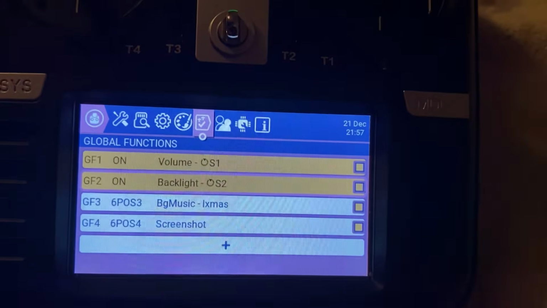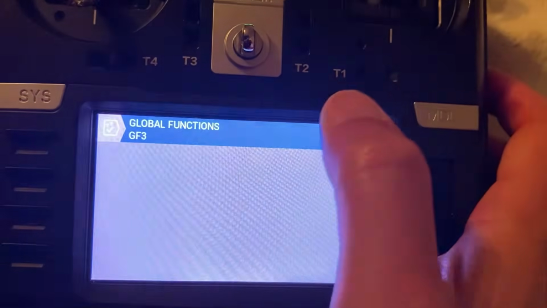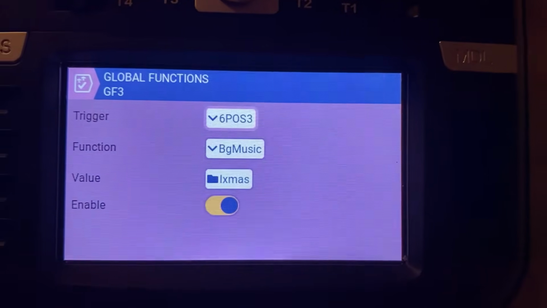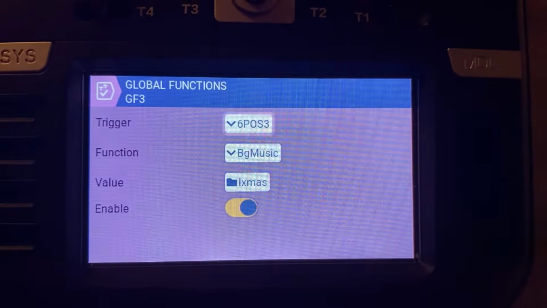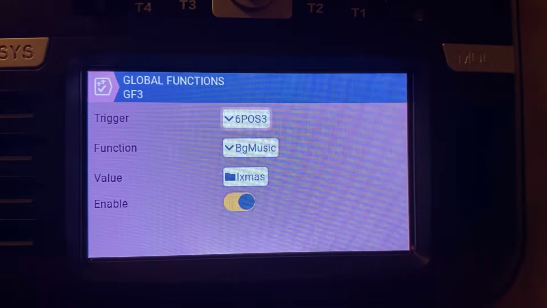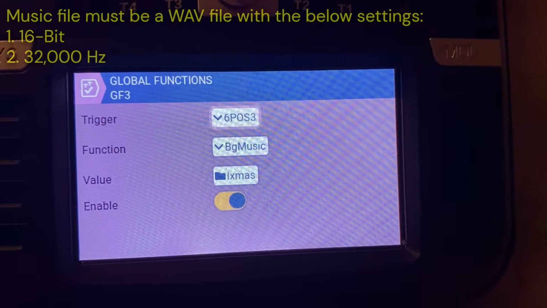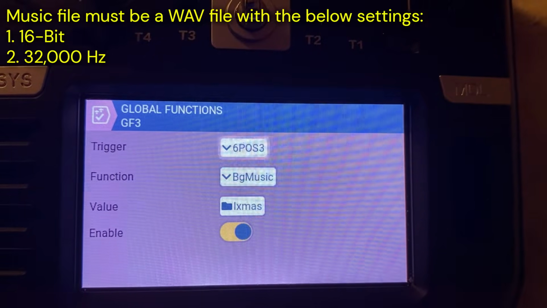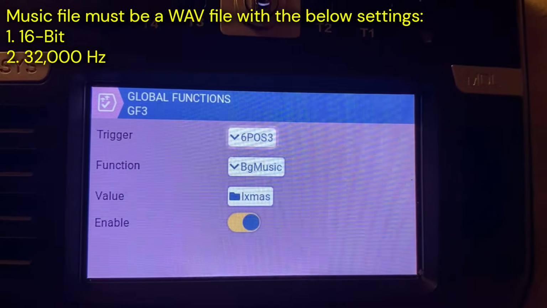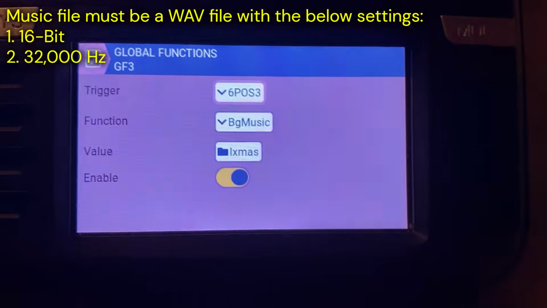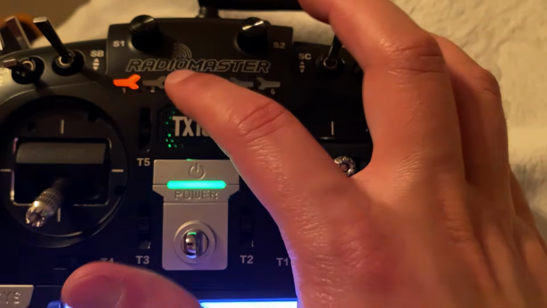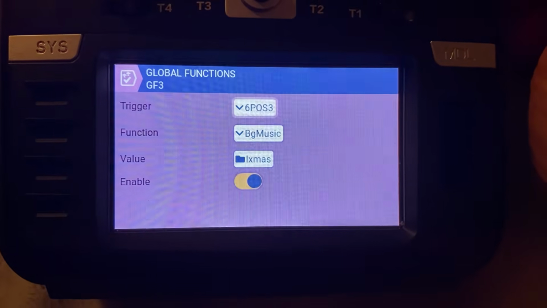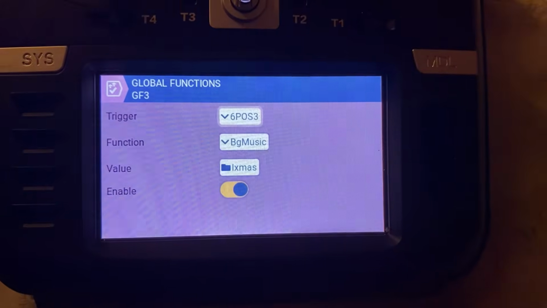Okay, now the next one, let's click on it. Next one is called BG music, which basically stands for background music. And here you could literally put any song you want, and your transmitter will play it. And it's quite useful. So again, you have it on any switch. So I've got it on my position 3 switch, which is this switch over here. Okay, function is BG music, and I've just got a snippet of Last Christmas, as it is Christmas, and I've